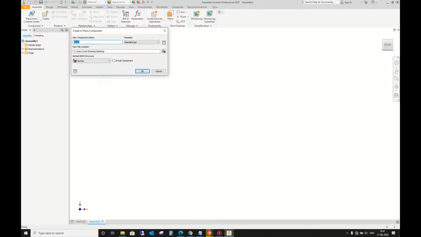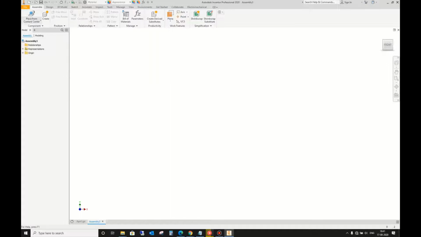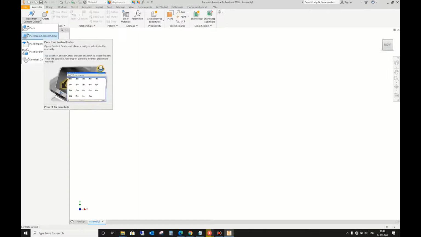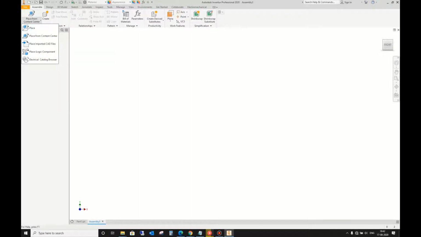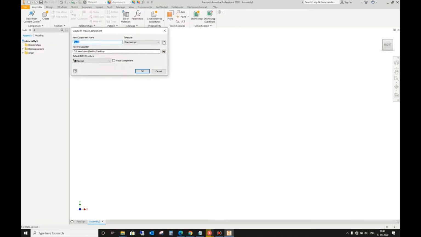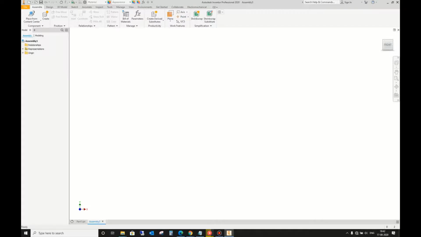Here we have the option of create a part in place. So if we don't have any standard part to place in our assembly, or neither do we have any pre-made parts by ourselves, then we can click on create and we can create a part here only, but here the part modeling will be activated. So this is how components are placed in assembly.